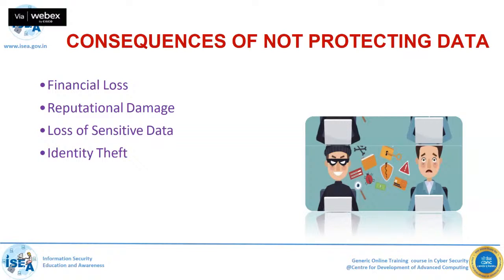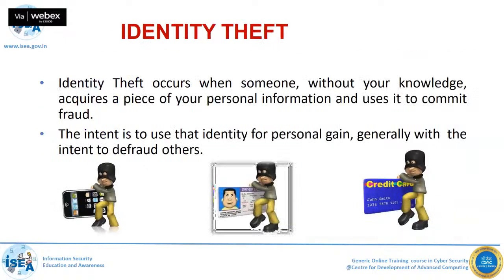For example, you went to a shopping mall, and you are about to leave. Someone approaches you and says, sir, we are organizing a lucky draw, will you participate? Immediately we give our mobile number and email ID. We don't know for what purpose they are using it. Do you know who that fellow is who is collecting your data? We never know, right? So we should not share any personal information with unknown persons, which may lead to some kind of issues. You have to be very careful with whom you are sharing that kind of data. So this is identity theft.